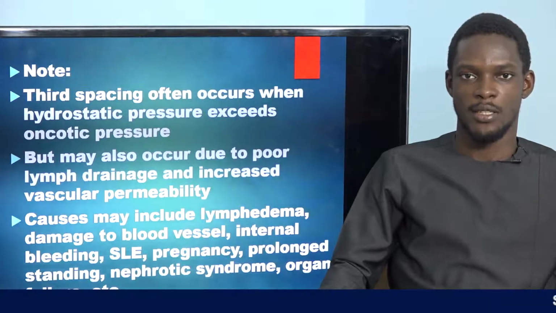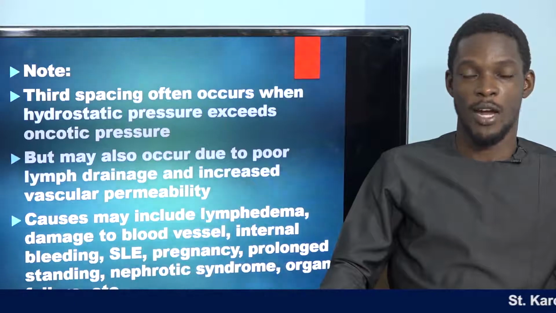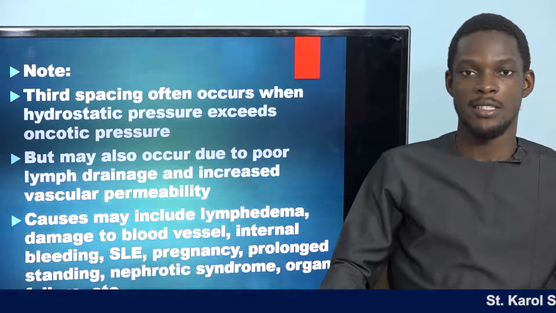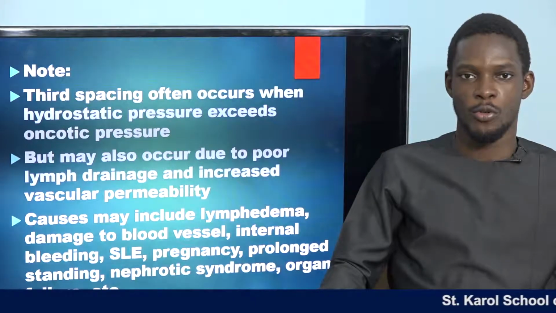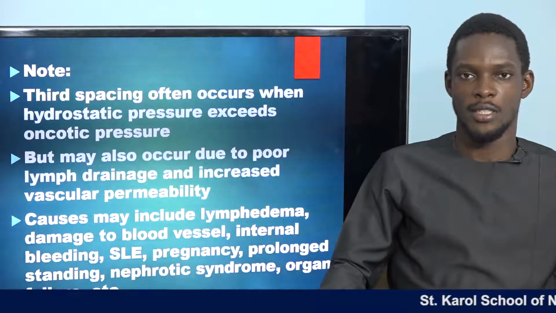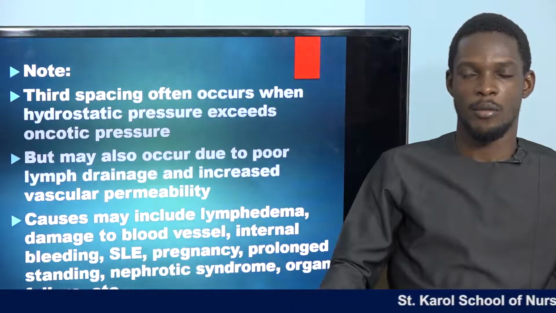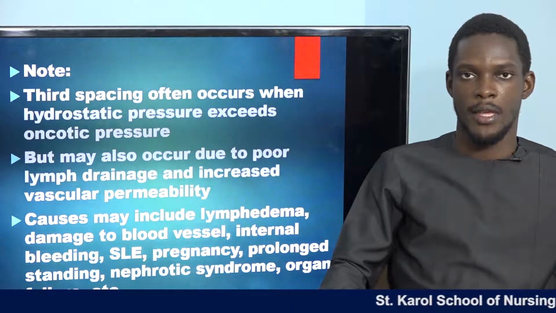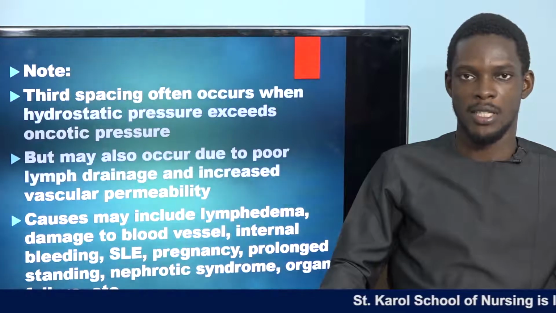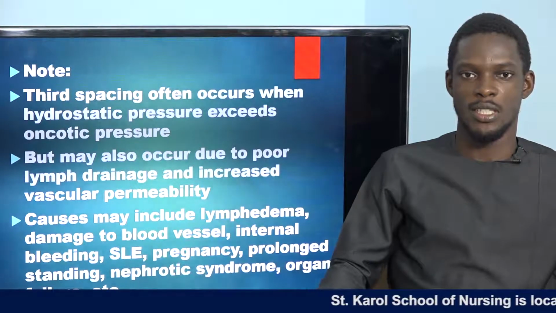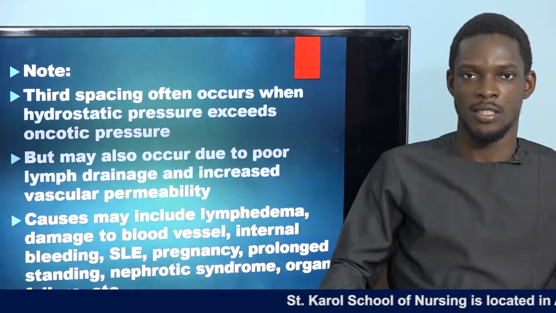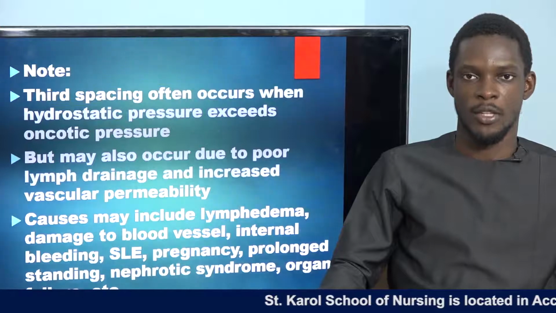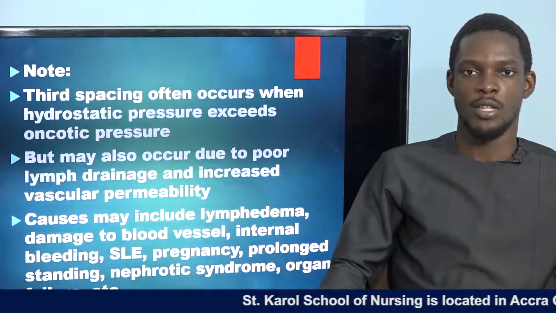So as was explained, third spacing occurs when hydrostatic pressure far exceeds oncotic pressure. It may also occur due to poor lymph drainage and increased vascular permeability. And therefore, when capillary permeability is increased, fluid easily leaks out and may result in third spacing. Causes of third spacing may include lymphedema,